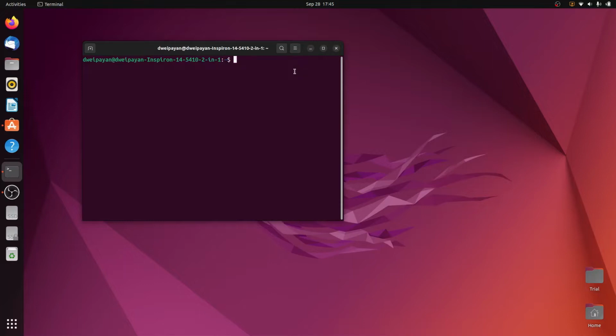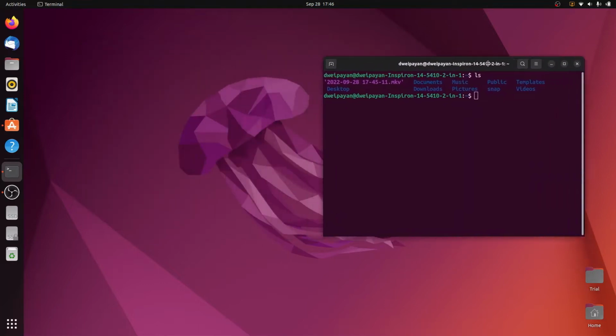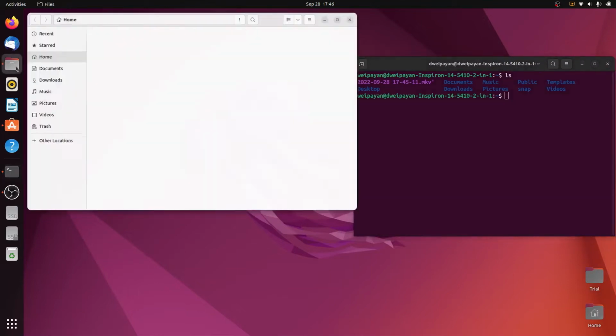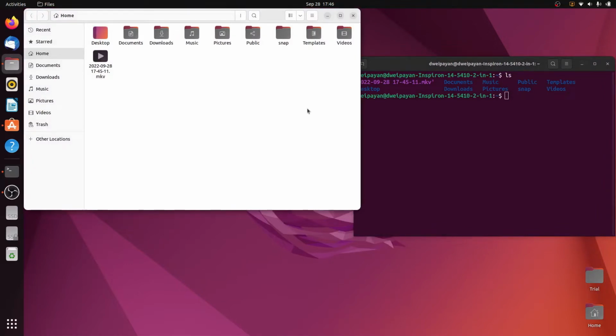As soon as you open this terminal and you simply type ls and hit enter, it will show you all these things: documents, music, public, templates, desktop, downloads, pictures, snap, videos. I will keep this open and move it aside for a while, and then I will click on this files option. So now if you just see this,